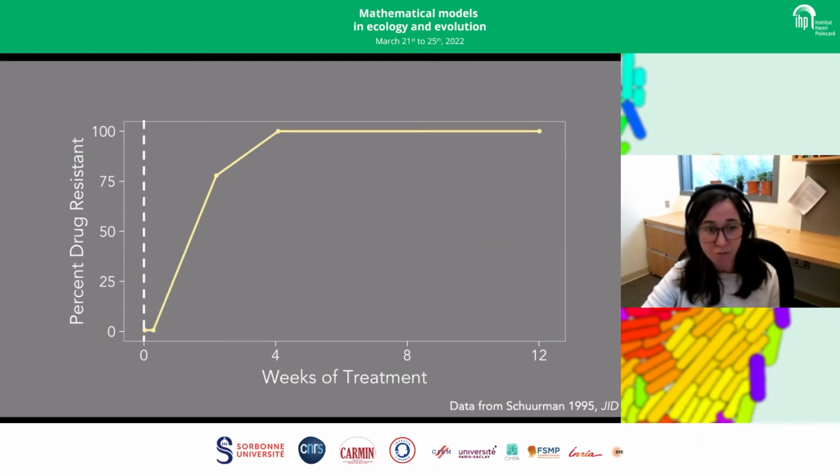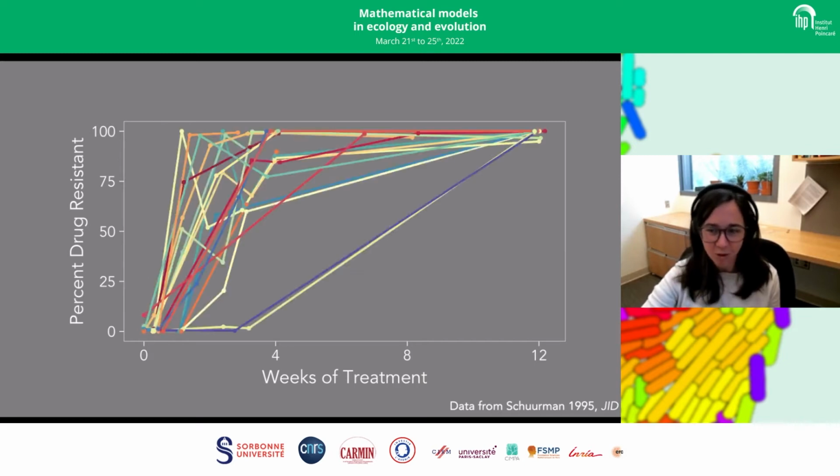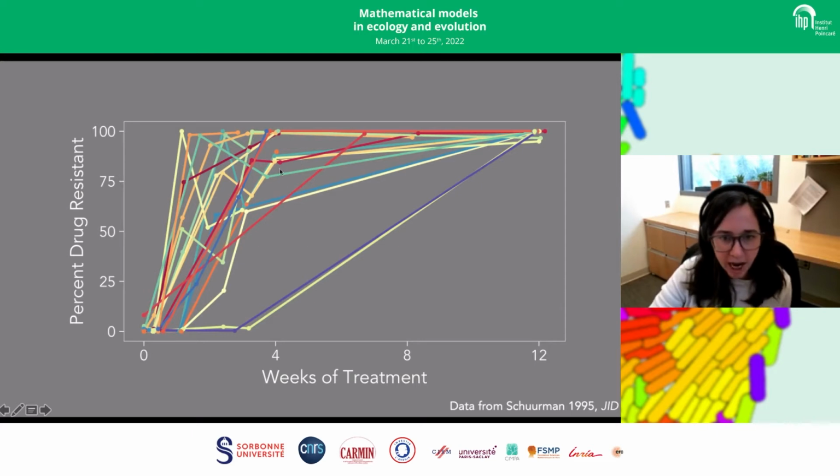It's also extremely predictable. So I'm showing you 18 additional individuals who are all treated with the exact same therapy. And what we can see, strikingly, across these different individuals, is that resistance is fixing on basically the same timescale within all of them. So 18 of the 20 individuals I'm showing here had drug resistance at over 50% frequency by week 4 of